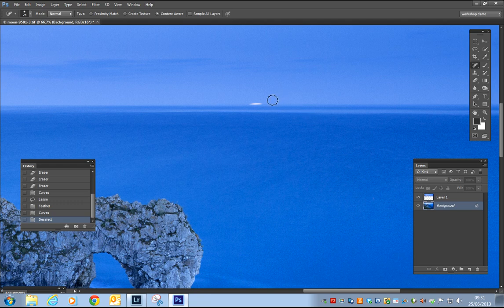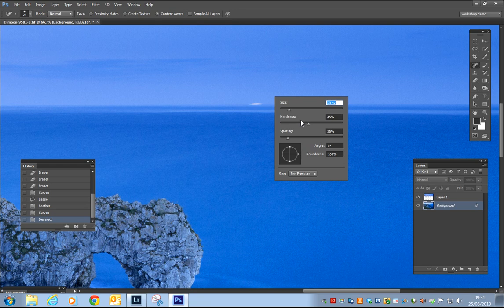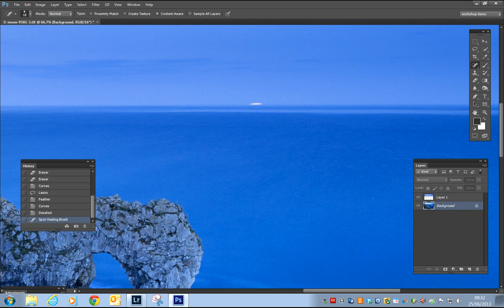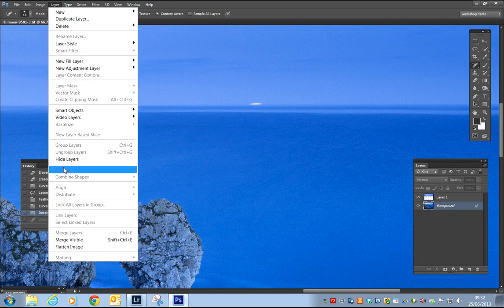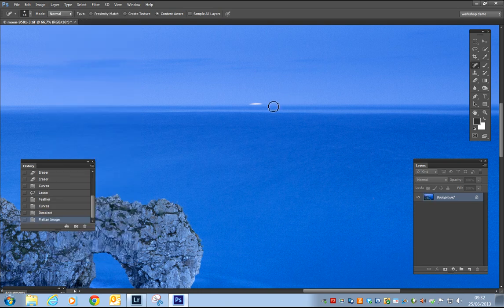And basically again, you adjust the size of your brush to suit, dependent on the size of what you're trying to take out. Again, I generally tend to work with a fairly soft edge, around about medium hardness. It's a very clever tool, this, very clever. Particularly here in CS6 they've brought in content aware healing brush as well. So I'm just going to move that across the area. Oh, I can't do that yet because I still have an image that is 2 layers. So before I do that, I'm going to just flatten the image. And now I come and with my healing brush, just,